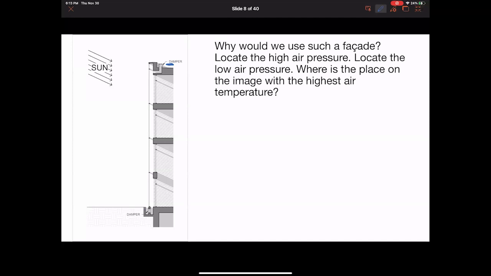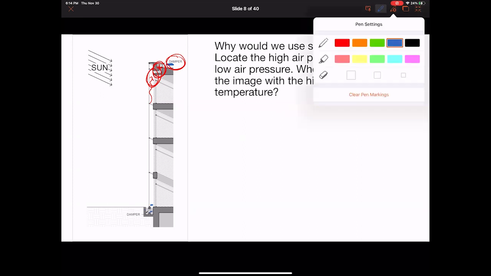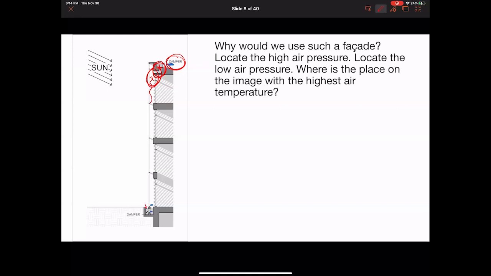So that's why it's kind of weird to call it low pressure, because it's just atmospheric pressure, but it's low relative to the high pressure on the windward side or the upstream side of the damper, as that air moves up and pushes against the damper. So the high pressure would be here, or really probably anywhere up here, and the low pressure is here. And then likewise, we have a low pressure here, or here, or both places, relative to the high pressure here,